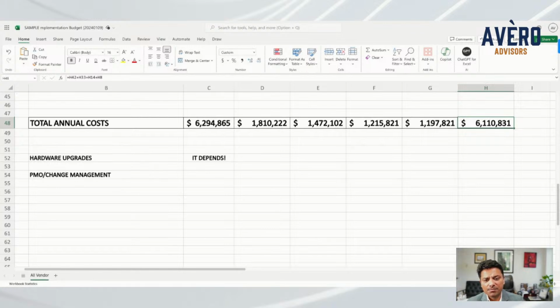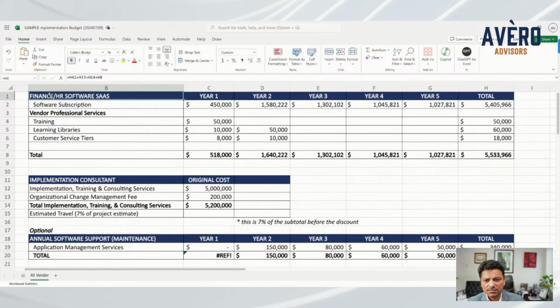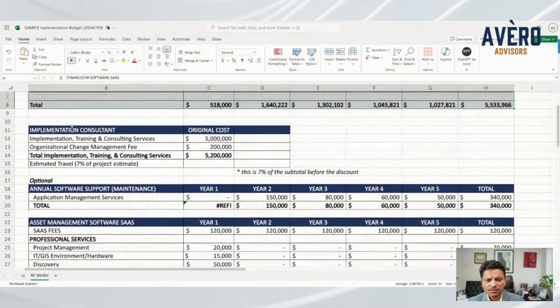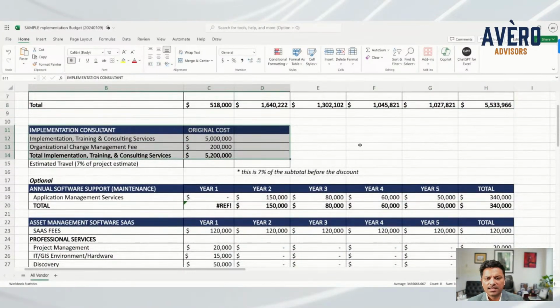And then you have PMO change management. So keep in mind that when the vendor presents their product, right? This is the product. This is what they're offering you and some professional services, and you're on your own to configure and use it. That's one model. Then you have your implementation consultant that says, we're going to configure this for you. We're going to put the nuts and bolts together. We'll build this Lego into something that you want to use.